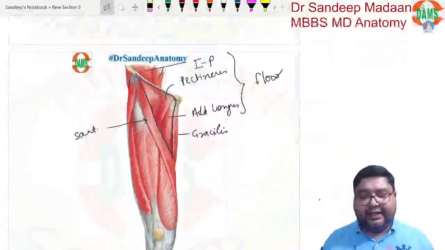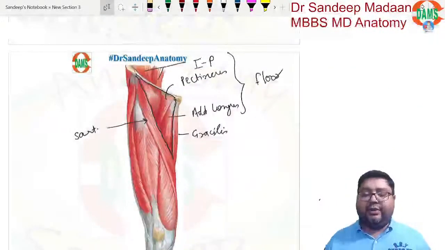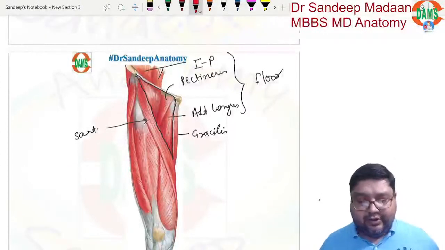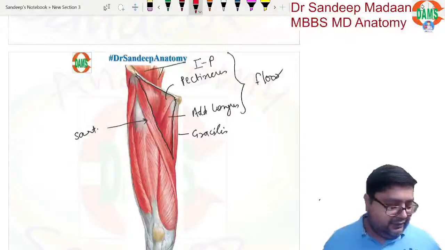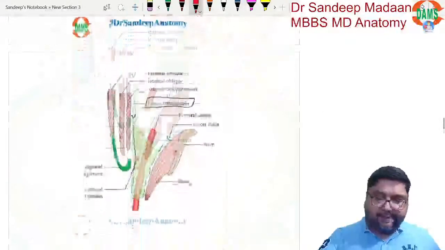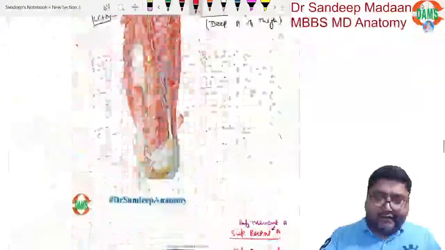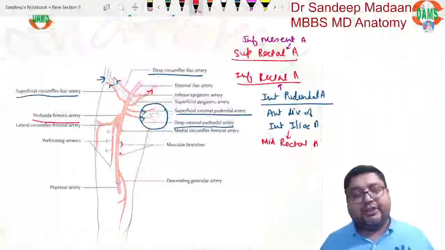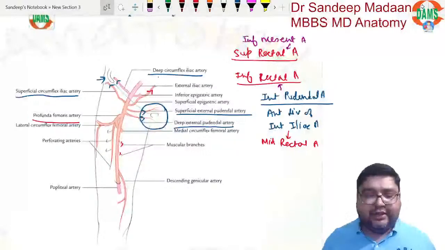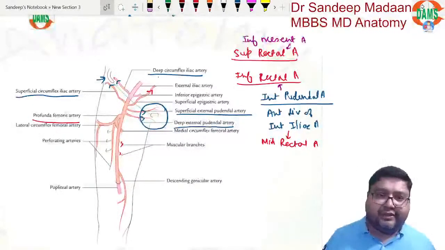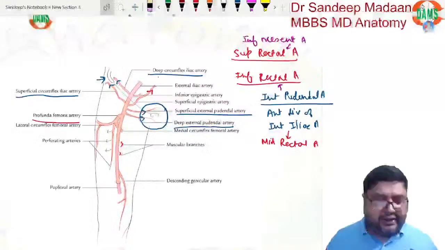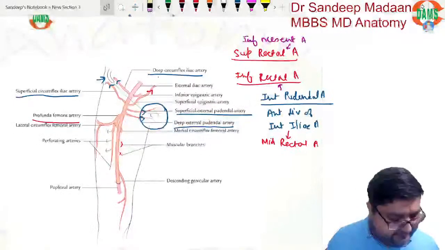Now this is the diagram that we have learned, and we talked about the floor. We could see in the diagram iliopsoas, pectineus, adductor longus, they all make the floor. Then we discussed here about the femoral artery, and I described that it gives the profunda femoris, and other branches like superficial circumflex iliac. Deep circumflex iliac is a branch of external iliac artery. Okay, and